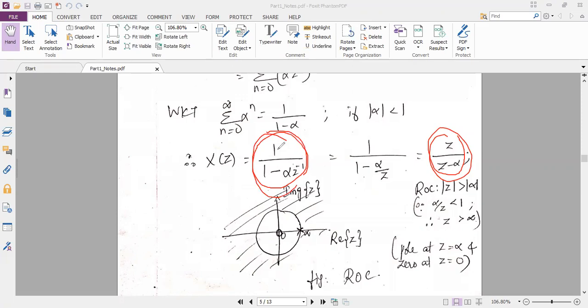Okay, so here I have applied the formula, so I got the term like this. This term, alpha into z inverse, I should take as a reference. When I compare this with the denominator, 1 minus alpha into z inverse, can I say this alpha into z inverse is less than 1? Less than 1, because the number 1 is greater than the number being subtracted. So can I say alpha into z power minus 1 is less than 1? Can I say like that?